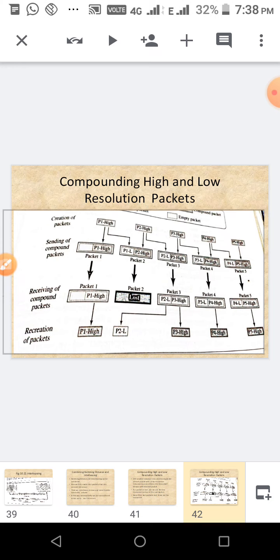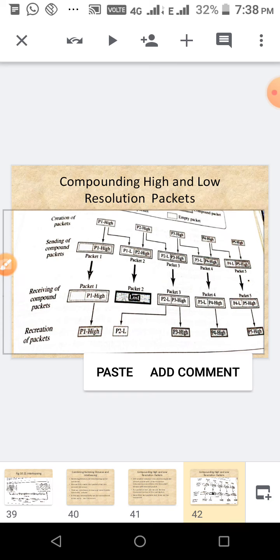So if any packet is lost, we can get it from the next packet. In the third row, you see packet 2 we lost. So what will it do? It will take from the next frame, because this low resolution is available in packet 3. From that packet we can get packet 2, even though it was lost. Same with the next packet: if we lose it, the low resolution of the previous packet is available in the next one. So every packet contains the low resolution of the previous packet plus its own high resolution.